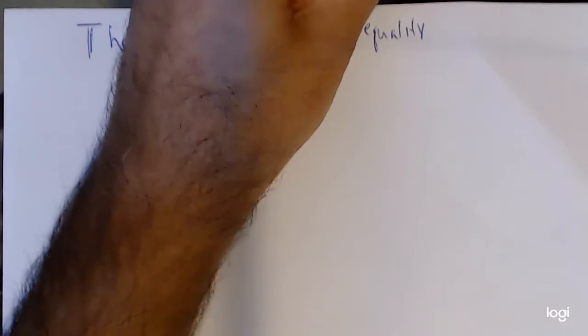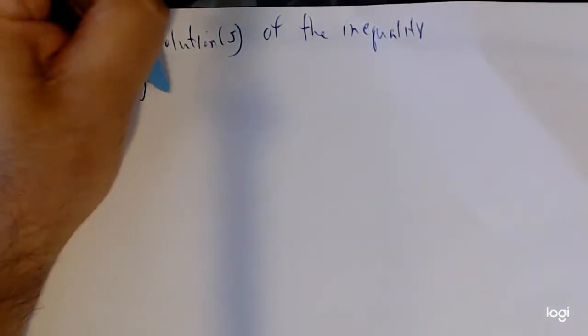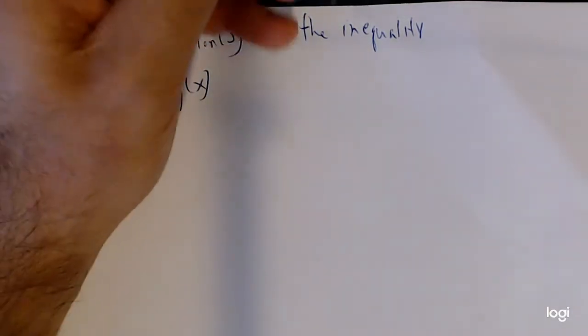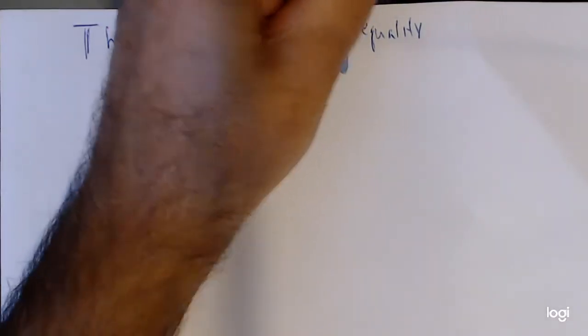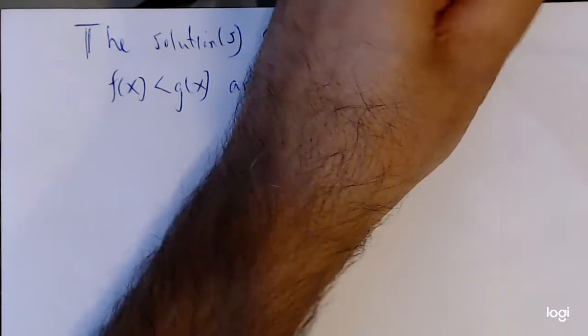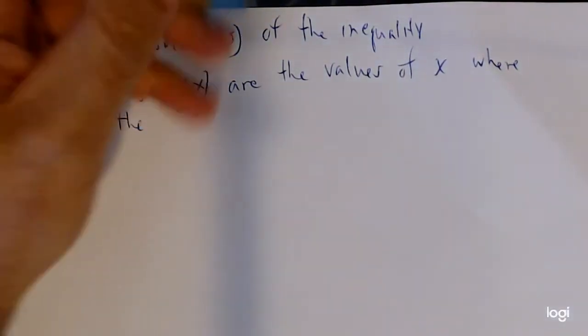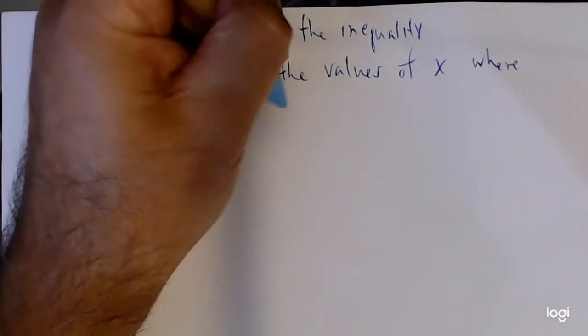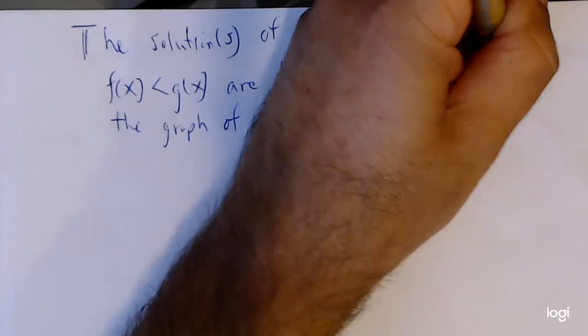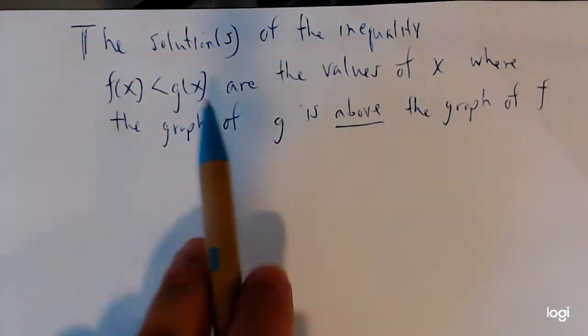Okay, so let's now say, what happens if we have, so then we'd say the solutions of the inequality f of x is less than g of x are the values of x where the graph of g is above the graph of f. So once again, what we're doing here is we're saying, look, where is f of x less than